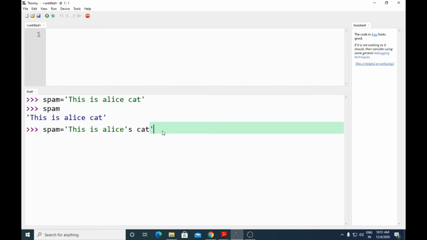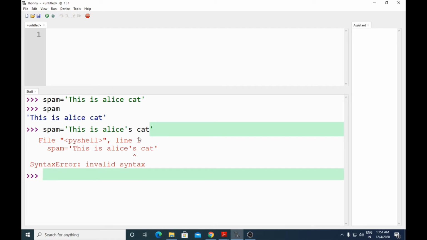So when you enter this, it will show invalid syntax, because it has thought that this is the end of the string and it is not continued.